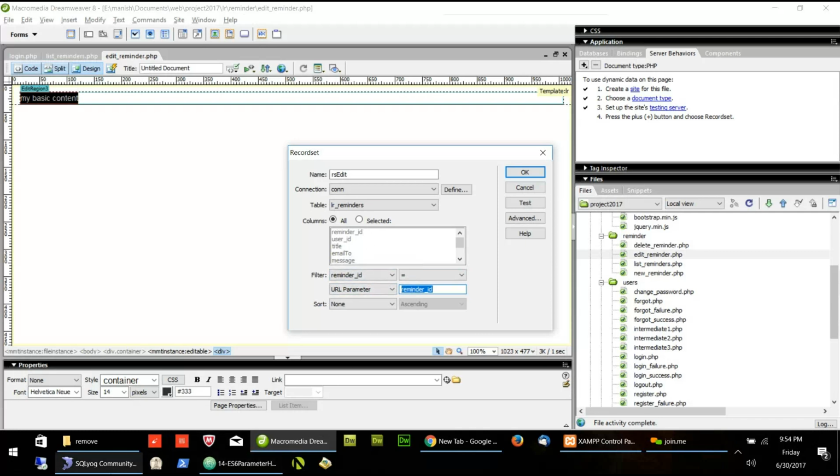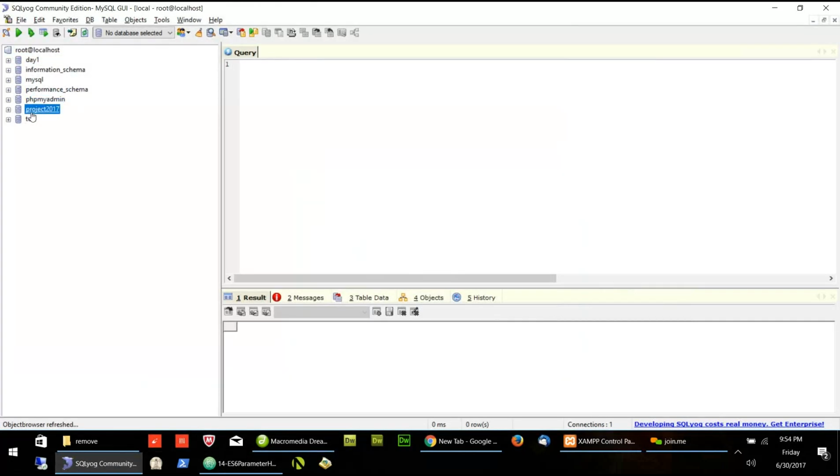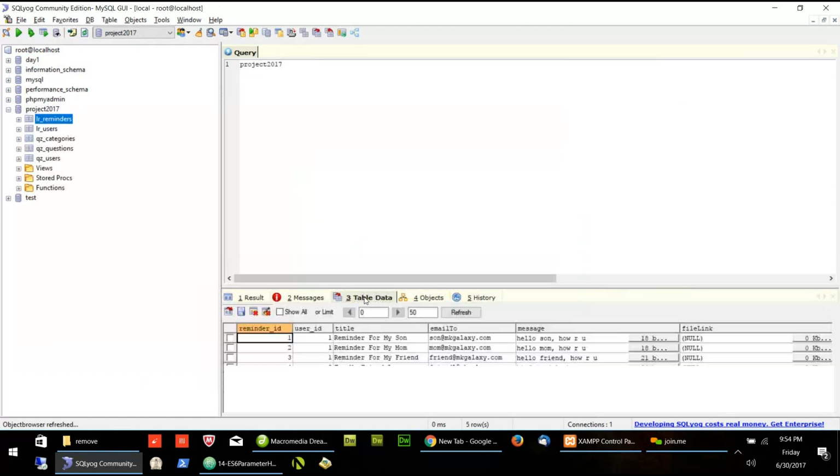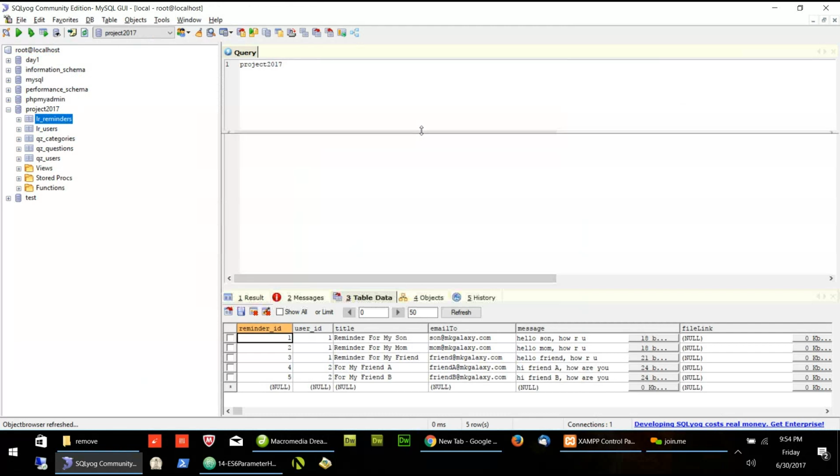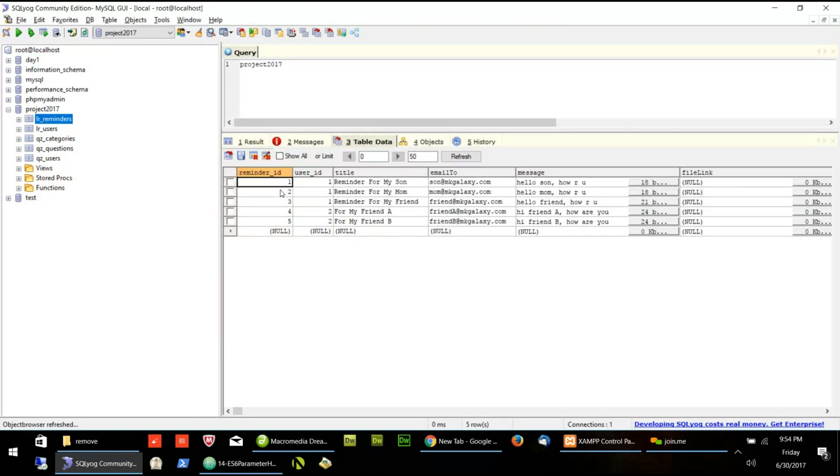So for example, if I pass in the URL number 1, that means you have to edit the first record. If I want to edit number 2, if I pass 2 in the URL, that means I have to edit the second record. If I pass 3 in the URL, that means I want to edit the third record.